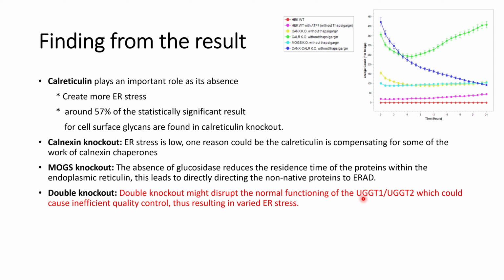These things need to be validated from proteomics bioinformatic analysis, or from other experiments such as purifying these proteins from the knockouts and measuring the glycomics profile. That could help us identify whether there is a change in their native structure or not.